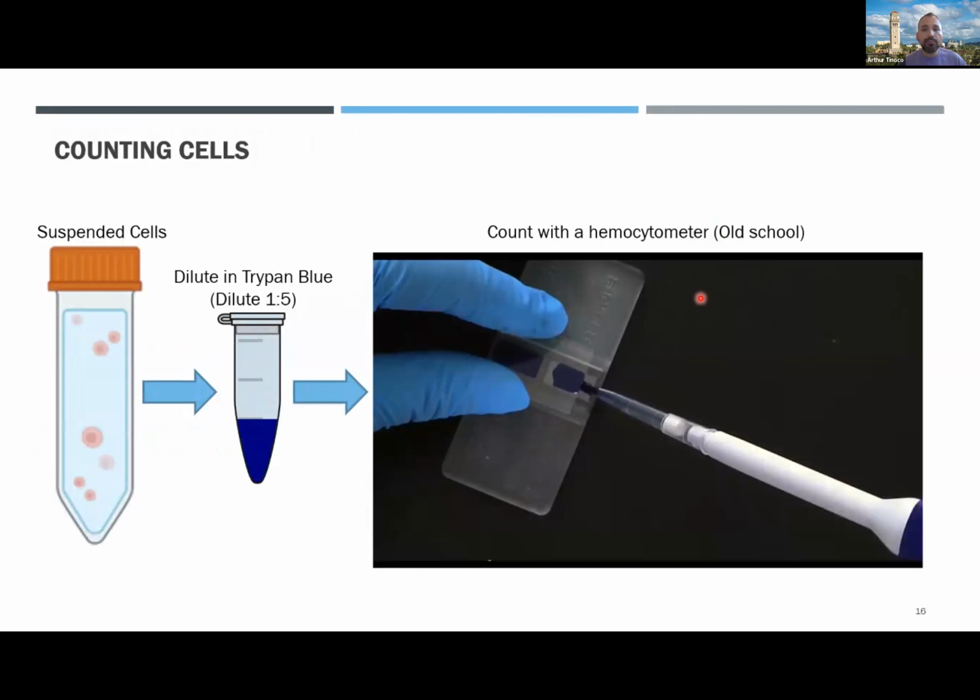Okay, so another really important thing is to be able to count cells. And so here, what we're doing is we have those suspended cells, and we want to count how many cells we actually have. So what we do is we take a portion of these suspended cells and we mix them with a dye called trypan blue. And we'll do so in this ratio of 1 to 5. Okay, so you're going to have this experience with Israel, this process of being able to count cells. And so what this dye does is very important, is that it helps you to count living cells and dead cells, because keep in mind that you're going to have a mixture of both,